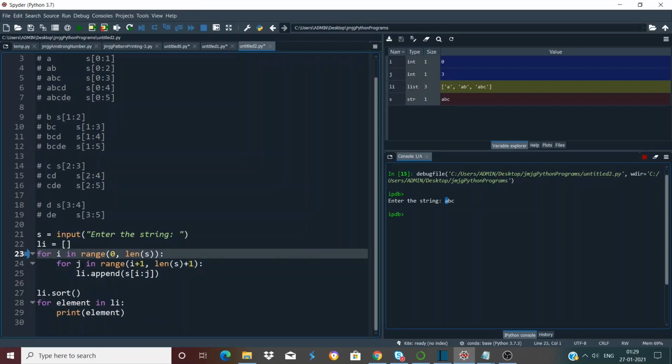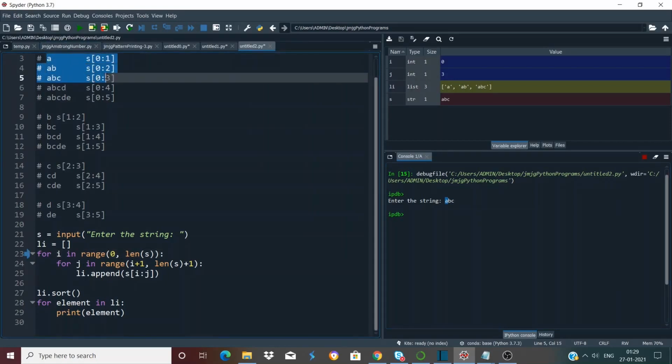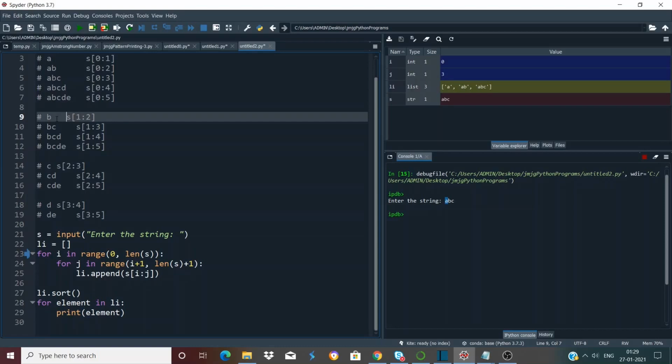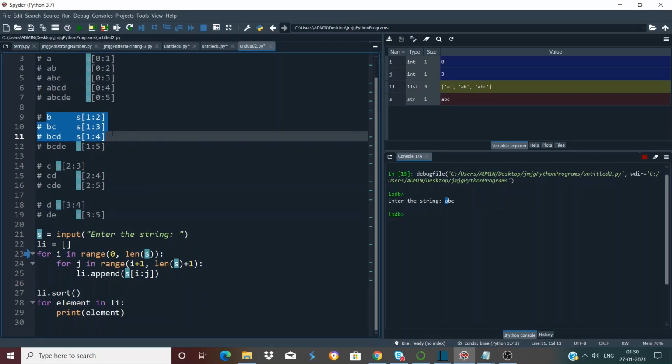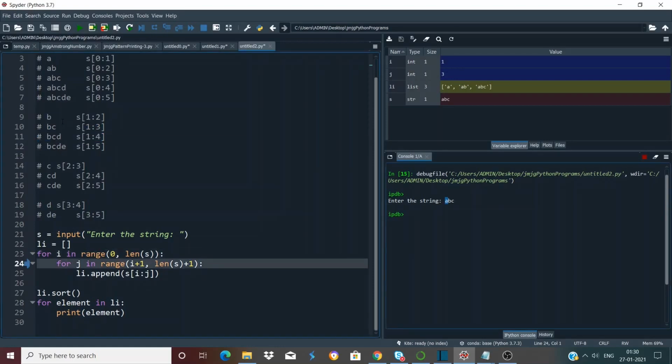So we will start our second iteration of the outer loop, which means we have completed this part. So we have found out all the substrings that include the character A. So we are done with this part. Now we will start this part. So now we will fix the next character, that is B. That is, we will fix the index 1. And we will try to find all the substrings related to B. We enter the second iteration of the outer loop, and you can see the value of i getting changed to 1, which means now we are fixing index number 1.